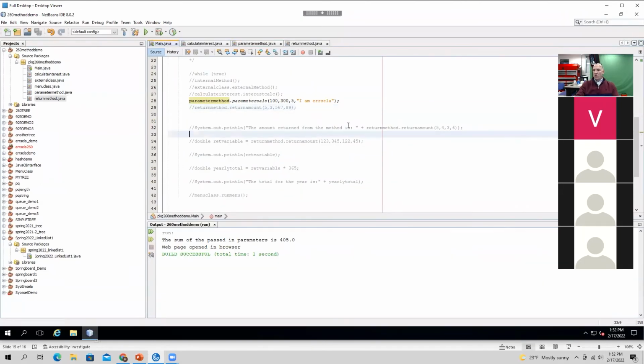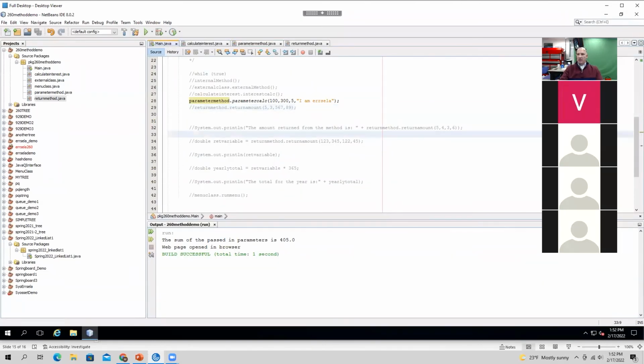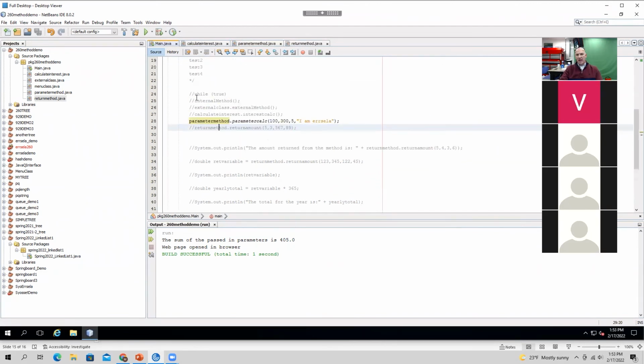Okay, so what I've done for this piece of the demo is I've reactivated, I've remarked everything else out, and I've reactivated the parameter method with these values. And if you notice, one of the things it says here is I am Ursula. Ursula is our eTIC research robot for student engagement and learning activities. That's where the name comes from. And it's our own homegrown robotics project. And we can interact with her over the web. And one of the ways we do that is through an API. In this case, we're using Java to talk to that API.